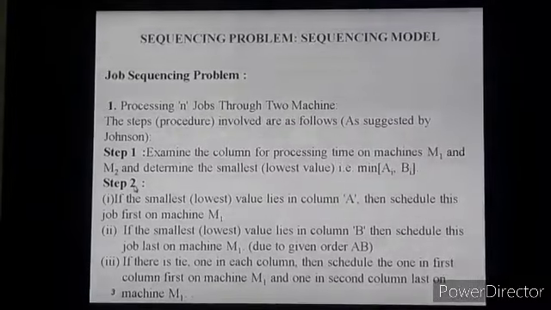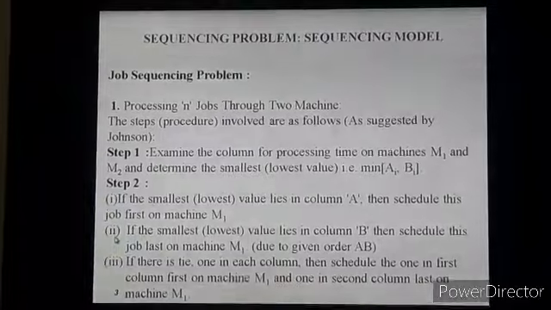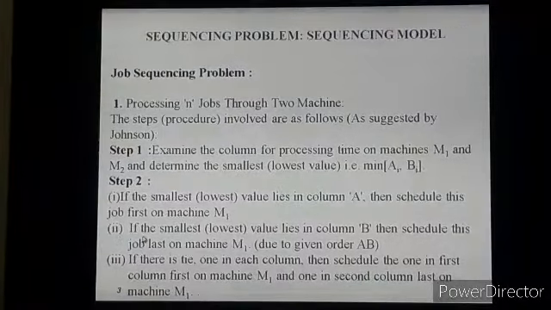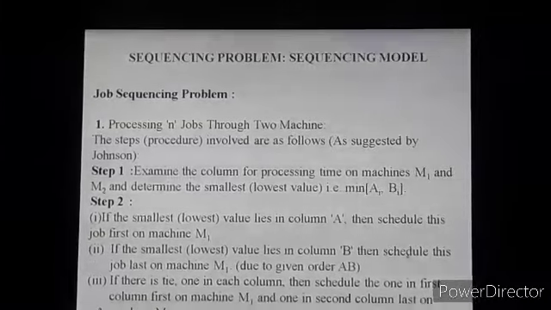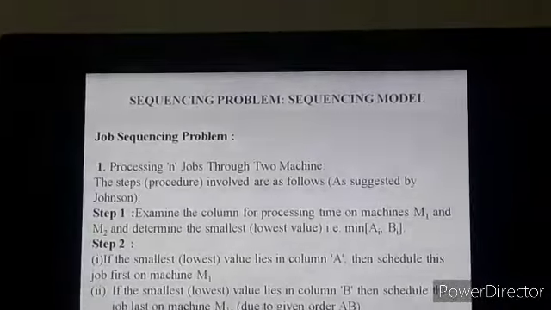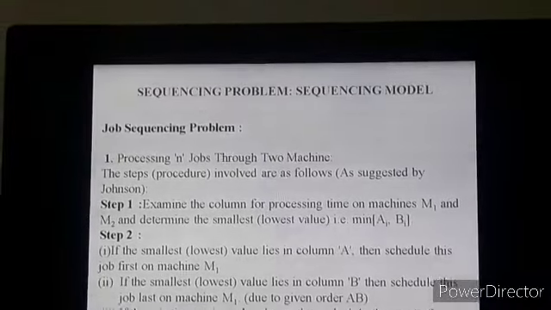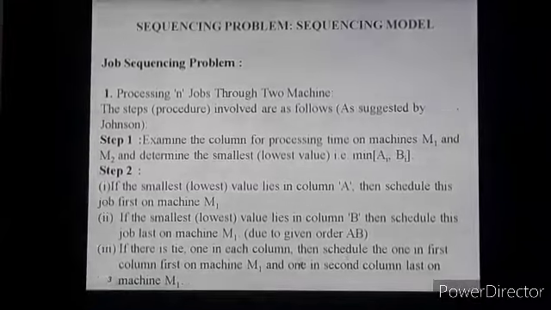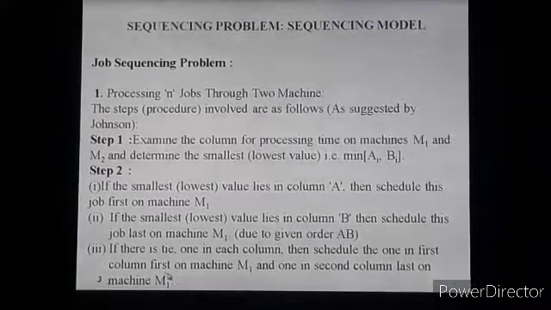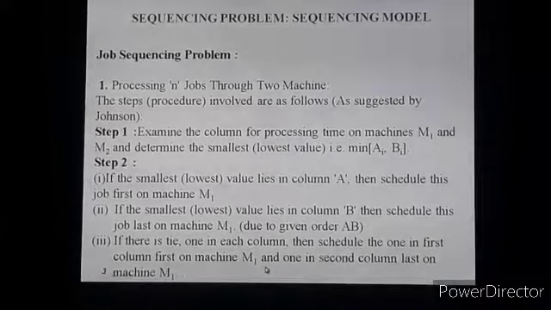Sub step 2: if the smallest or lowest value lies in column B, then schedule this job last on machine M1, due to the given order AB. If there is a tie, one in each column, then schedule the one in the first column first on machine M1 and the one in the second column last on machine M1.